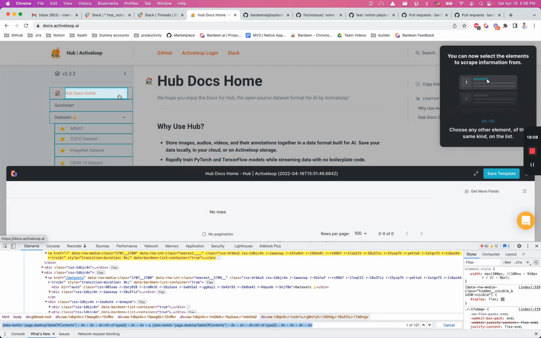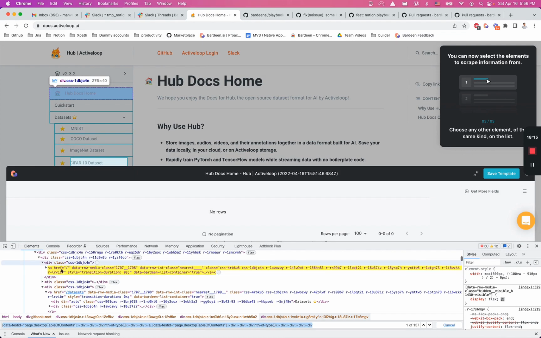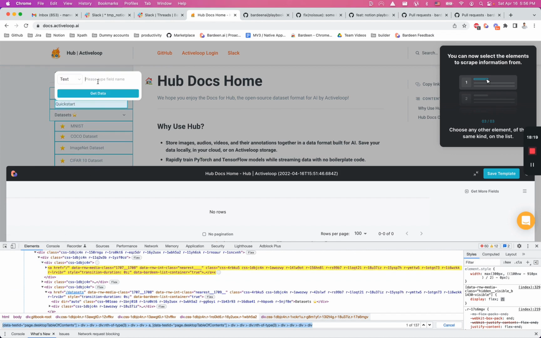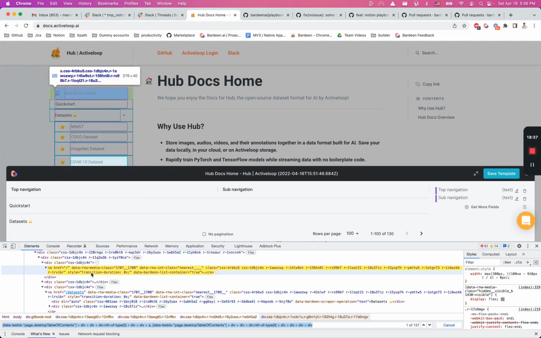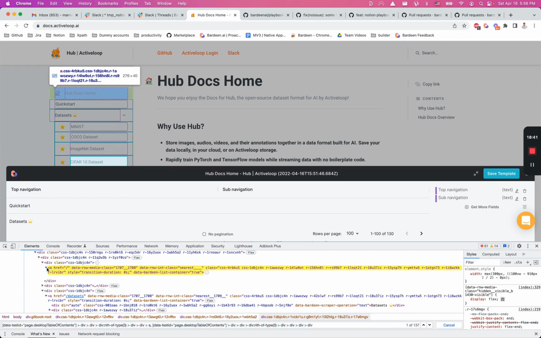Yeah, now we're selecting those guys and those guys. What do I need to do next? Yeah, so let's select the top level items, call it top navigation, and let's call this, okay. Now what we have in here,